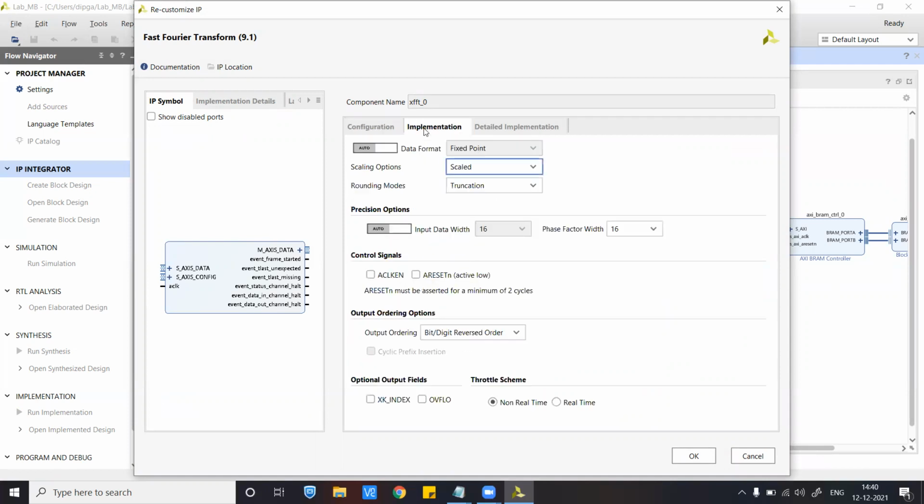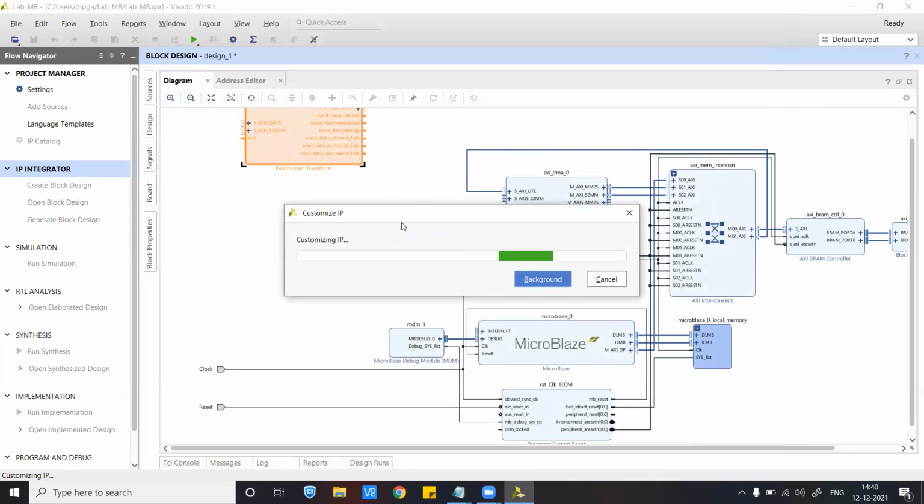We move to the implementation. So the data format, we are using the floating point data. Okay. And the scaling option remains the natural order, because we want the output in the natural order as we did in the previous labs as well. The active low reset, we also need this here. Okay, so I'll click OK.